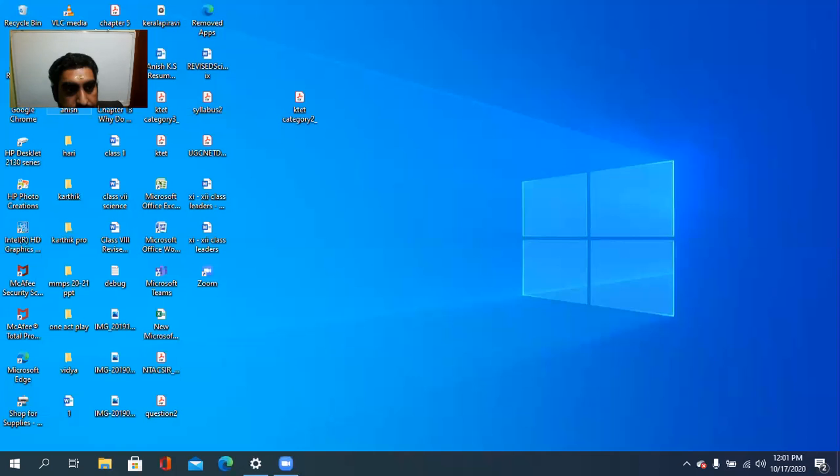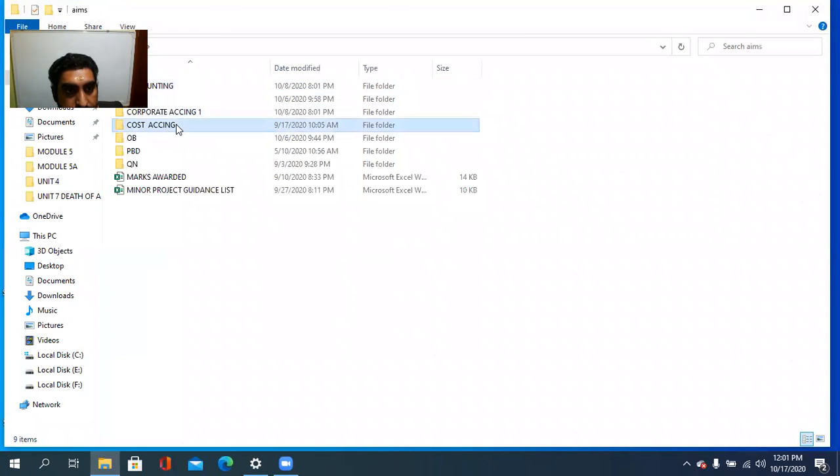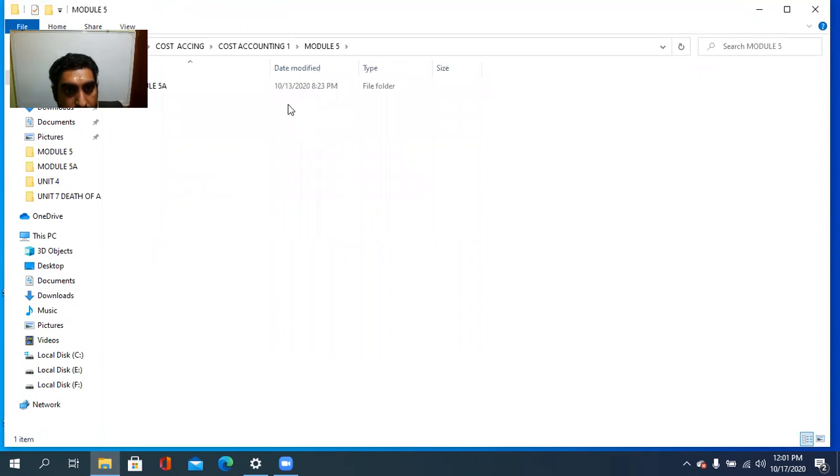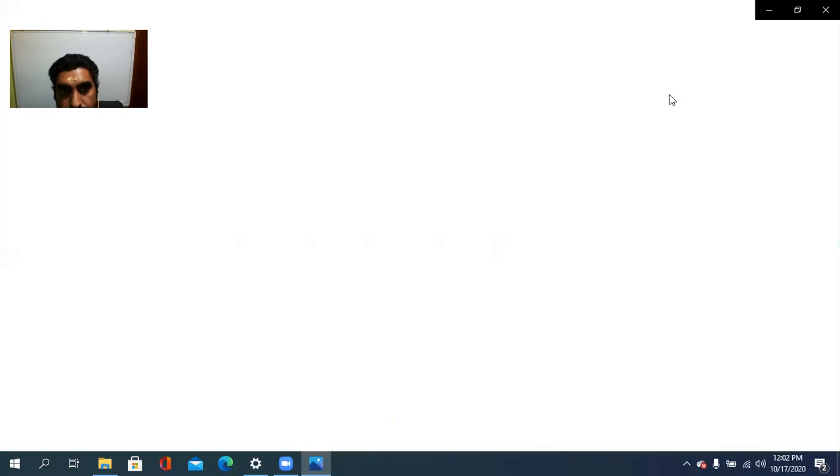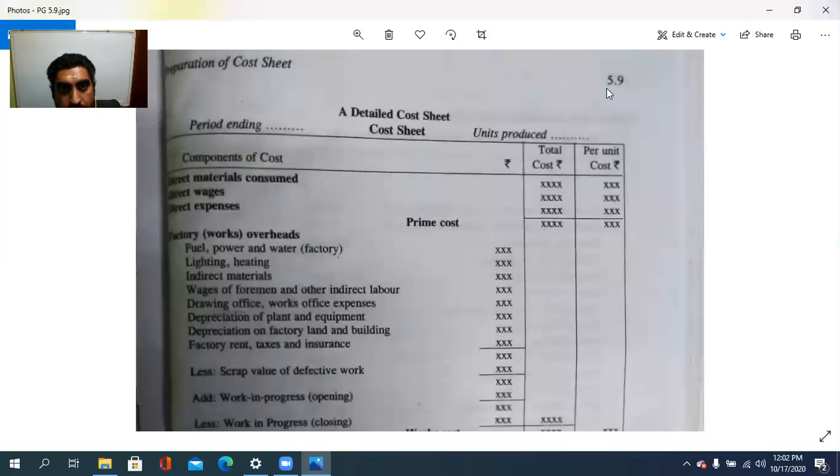Today we are going to discuss the detailed cost sheet. So what is a detailed cost sheet? We will check it. See, this is a detailed cost sheet where the components of cost are classified into several heads